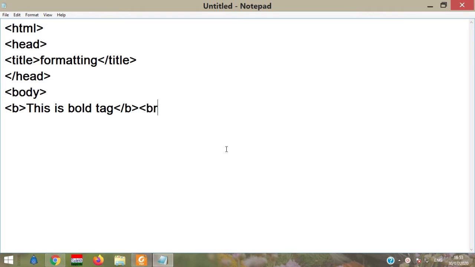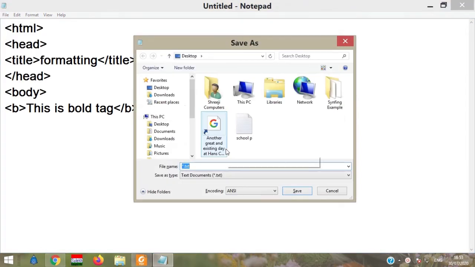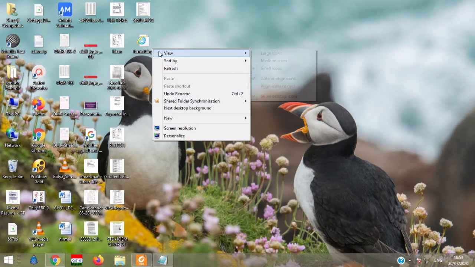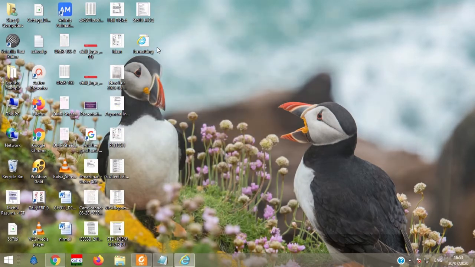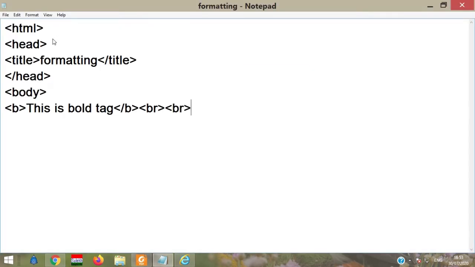Then now we are using a break tag. What will happen? Let us see. Save your file as formatting.html. What will be the output? Yes, this is the bold tag. It will be displayed in bold face.